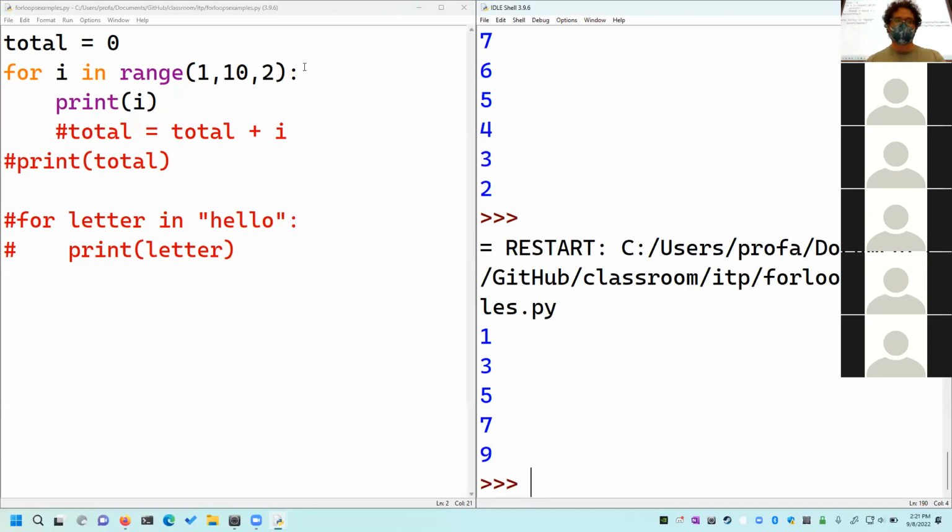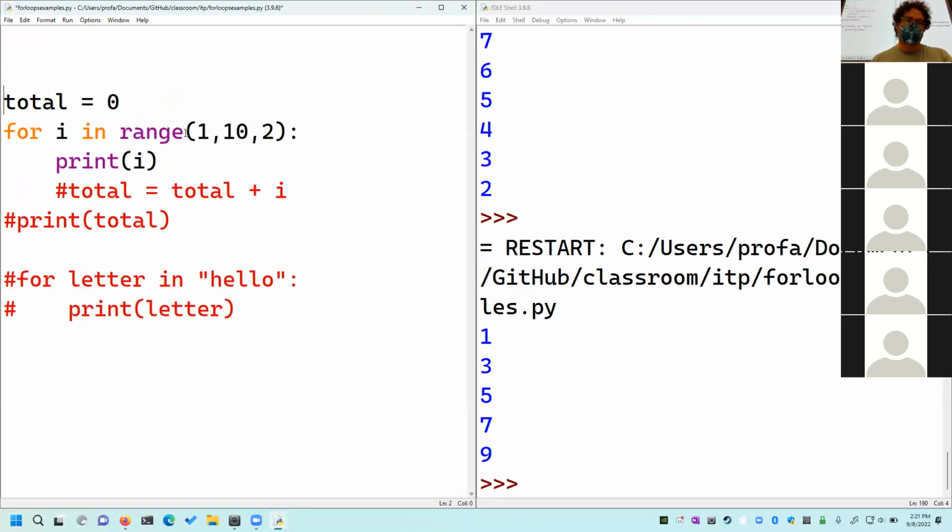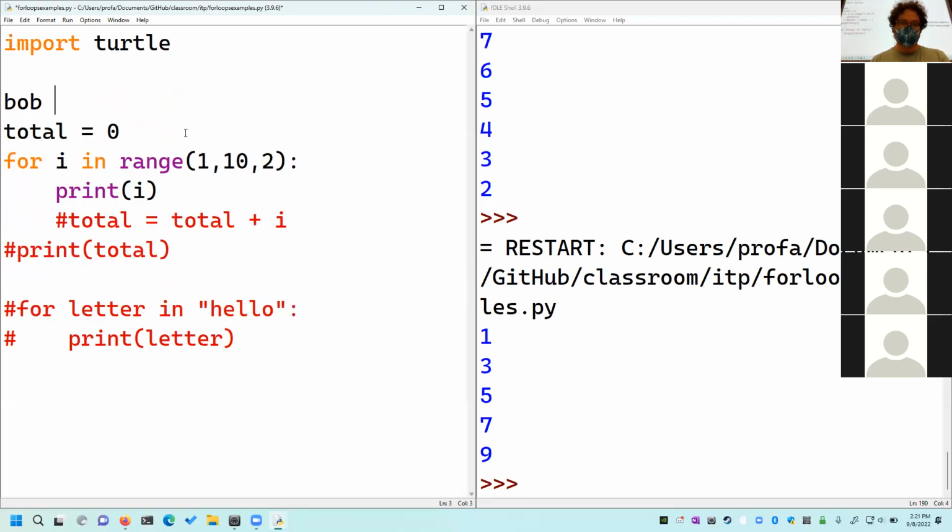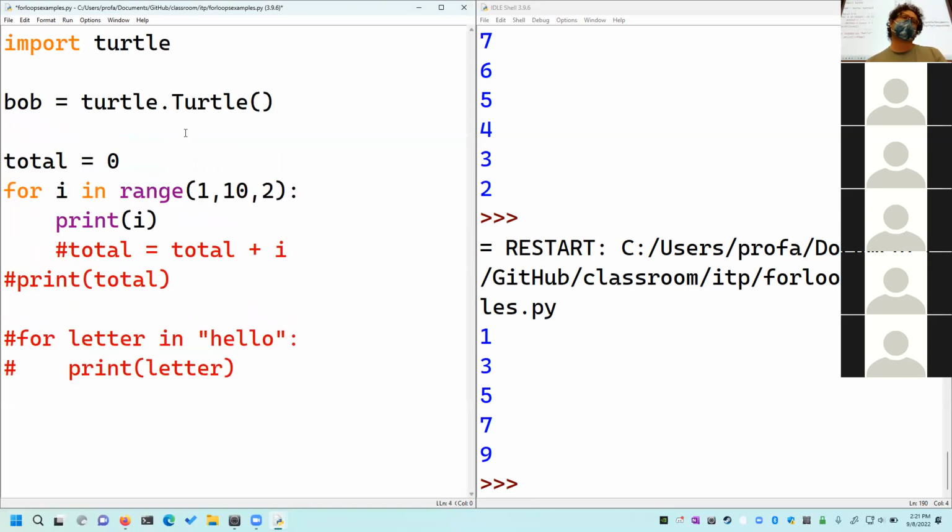We can do things with it, by the way, we can do fun things with it with turtles, like make turtles gradually change color, or make spirals. Like import turtle, and Bob is equal to turtle. Okay,